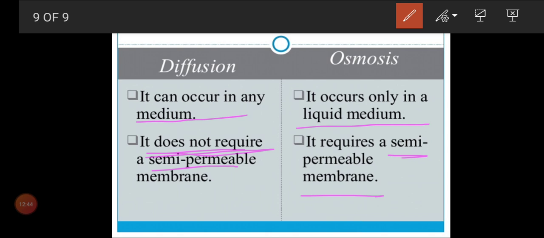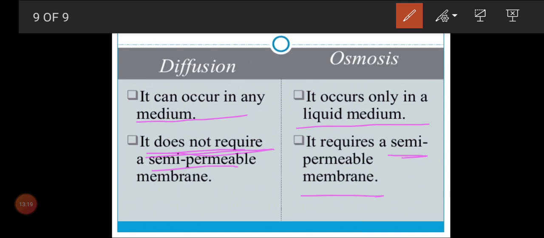What could be an example for diffusion? Imagine your mother is preparing biryani, and automatically you can get the smell in your dining hall. That we call diffusion, movement of gas from its higher concentration to lower concentration. And if your father keeps an agarbatti in the puja room and you can get the smell in your living room, that is also movement of gas from higher concentration to lower concentration, but here there is no semi-permeable membrane. That we call diffusion.